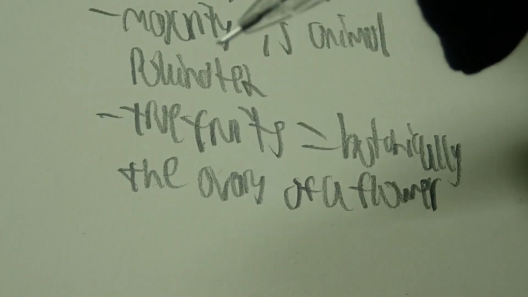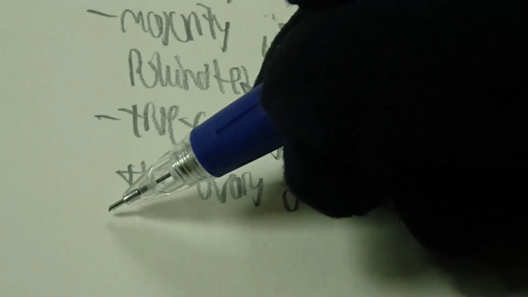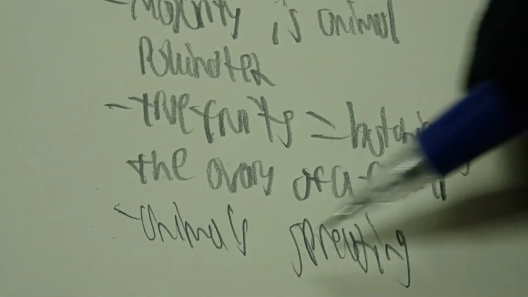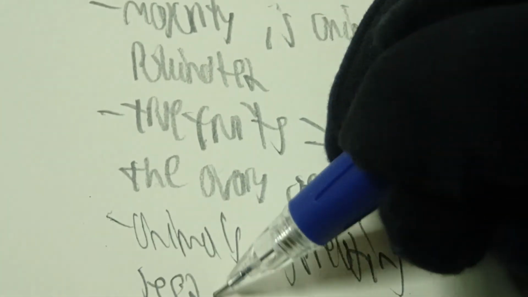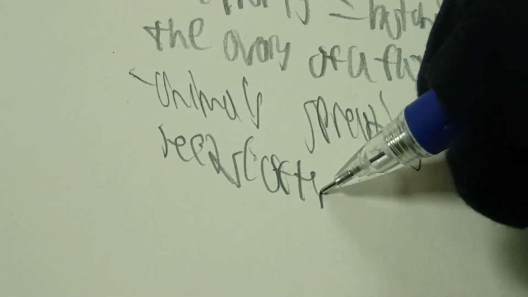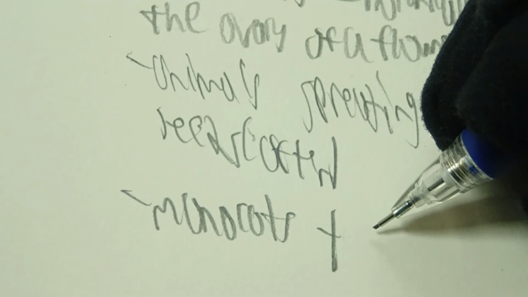But the fruits also provide a huge incentive for animals spreading seeds. Often, and there are two major categories of these, which are monocots and